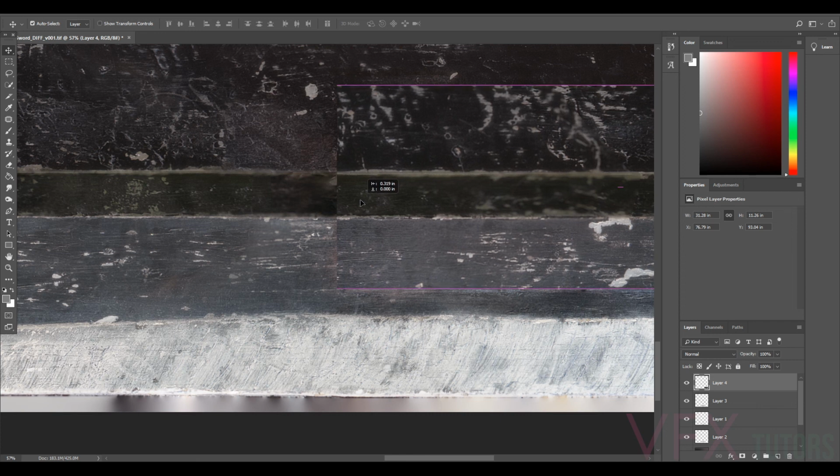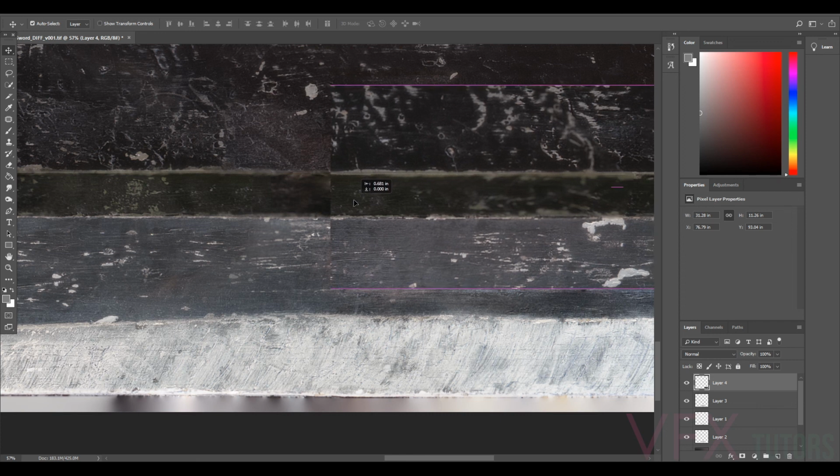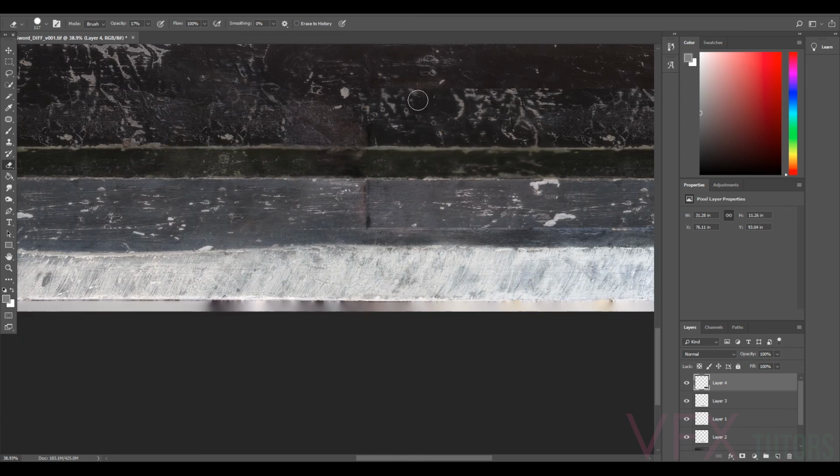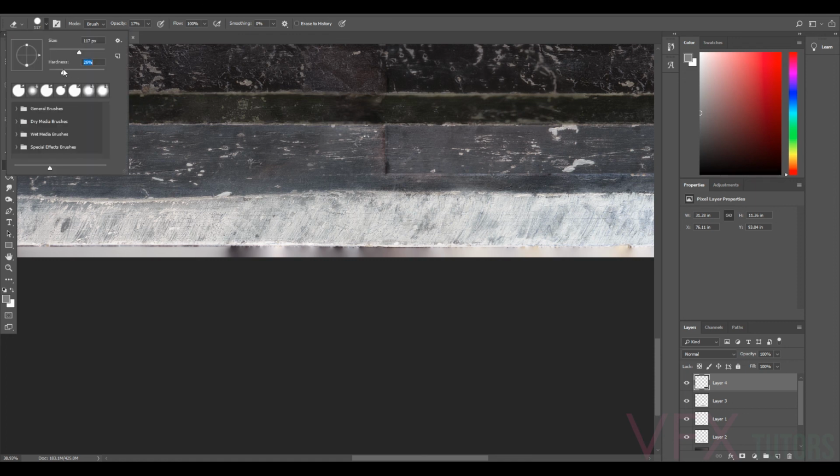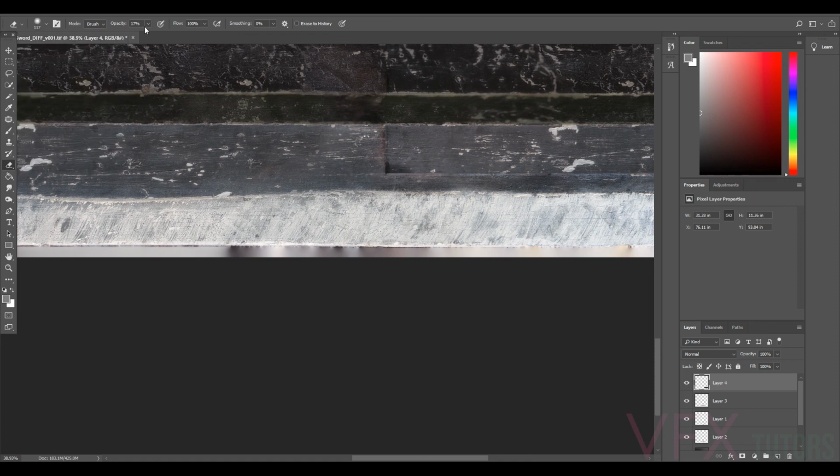Good. Just overlap it actually, because then we can use the eraser tool to bring that back. Then we've got a nice blend. And just remember, don't do it too much. You might go too far over. But now we can just... Ooh, this is probably too hard, so let's bring down the softness, sorry, and